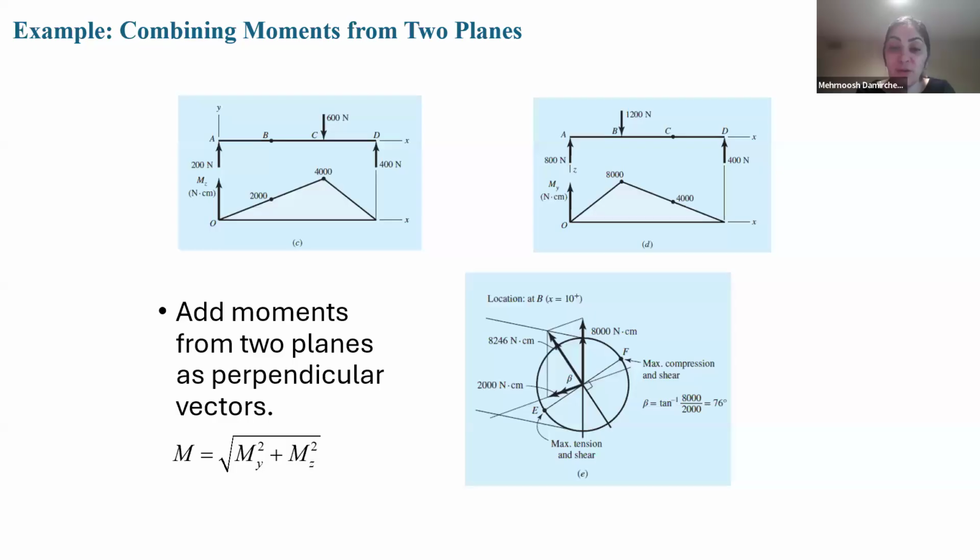And if you remember from the strength of the materials, we have two moments here. One of them is MY, 8,000, one of them is MZ, 4,000. And when the moments are applied in two planes, they can combine perpendicular: the root of MY squared plus MZ squared. The M should be 8246 kilonewton meter. And perpendicular to this moment, it is the neutral axis.